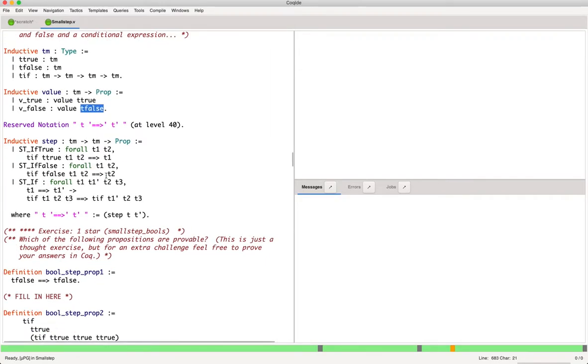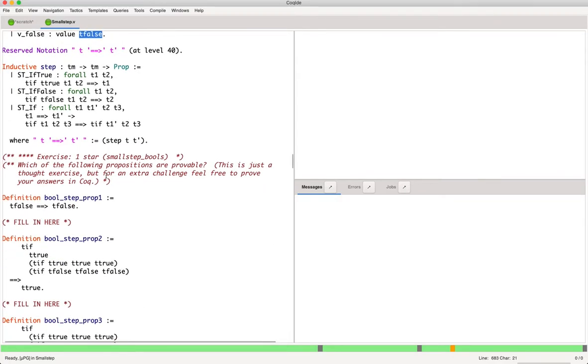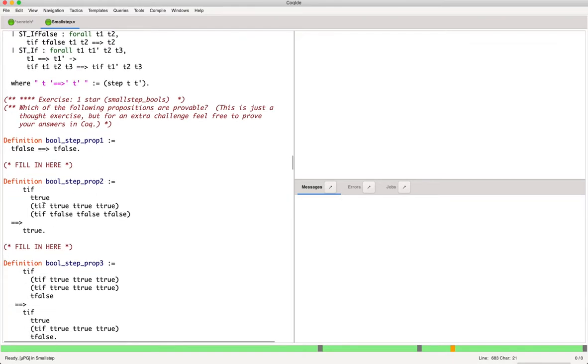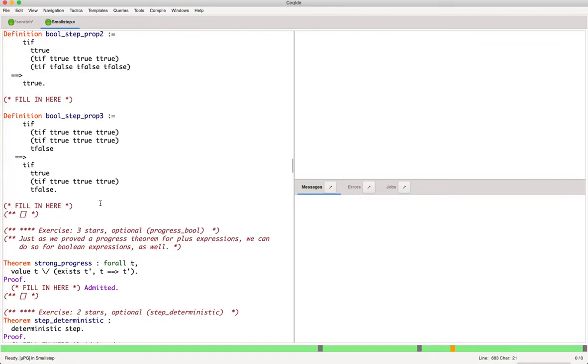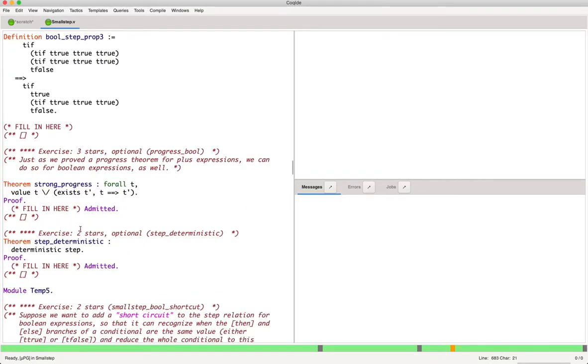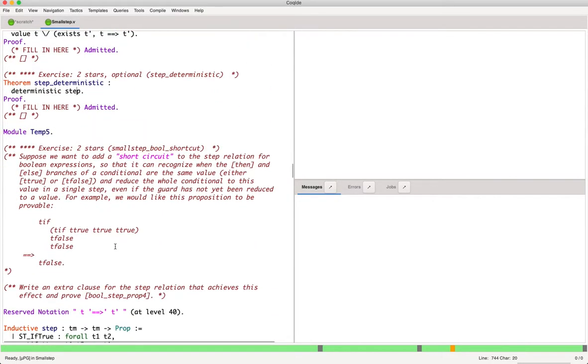And the same sorts of things can be reasoned about for this language. So I'll let you have a bit of a look at that. But you can prove strong progress for this and determinism for the stepping thing. But the exercise here, small step bool shortcut,